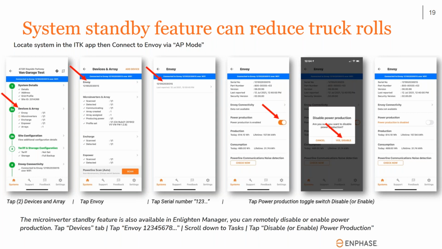You pull up the system, you tap the Envoy hardware, and you tap on power production disable. What that does is you've left all of the switches on, 100% of all of your circuits are energized and active. And then you tap that disable button here, and that allows you remotely from a computer or even other devices to pull up that system with Enlighten Manager and actually turn it back on without having to drive back to the site.